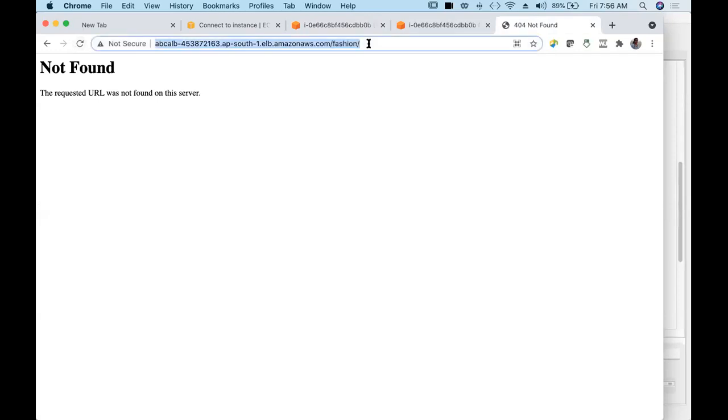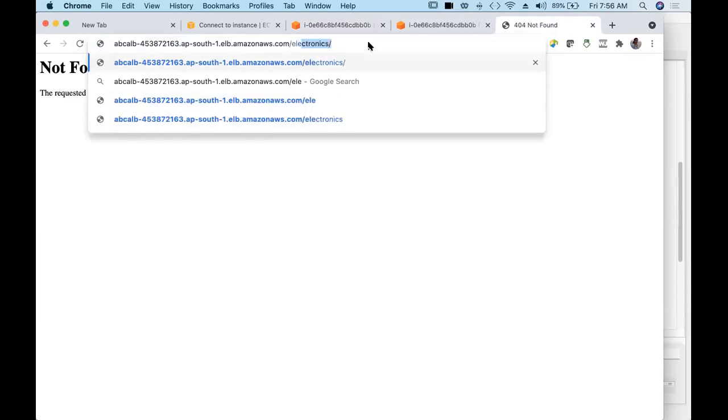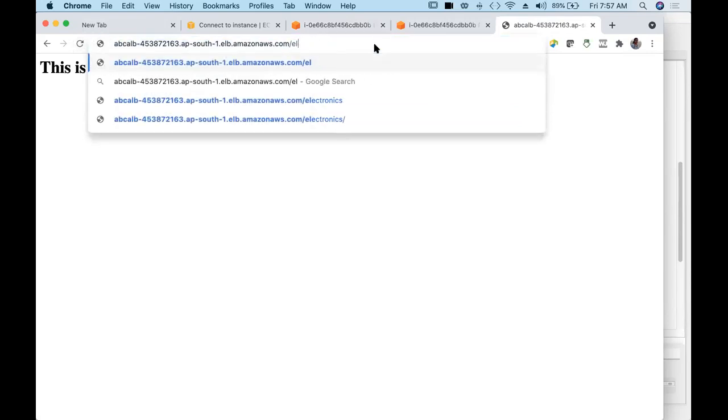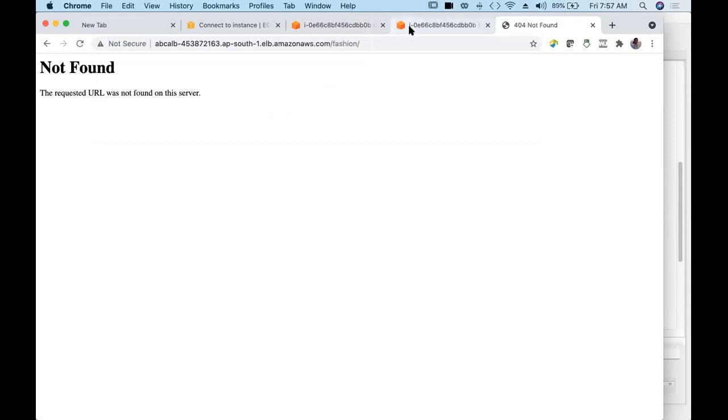For electronics it's working fine, and it's also switching in between the two servers. And here for fashion, why are we not getting this? File not found error again.